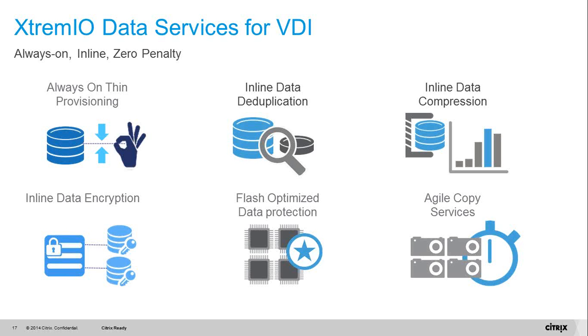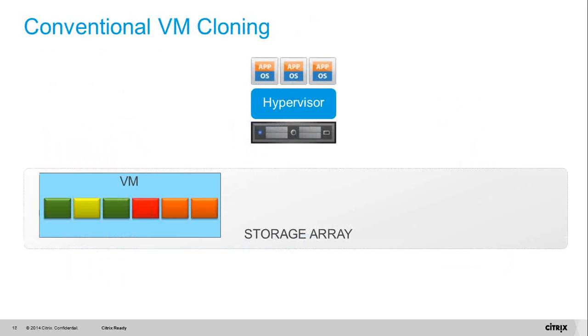Following up on the other data services, for example, inline compression adds to XtremIO's data reduction efficiency. XtremIO has a proprietary flash-based data protection algorithm that offers better than RAID 10 performance with better than RAID 5 capacity savings. Finally, XtremIO's differentiated agile copy data service helps you provision and deploy desktops at a much faster rate than any other flash-based solutions in the market. We are going to take a look with this